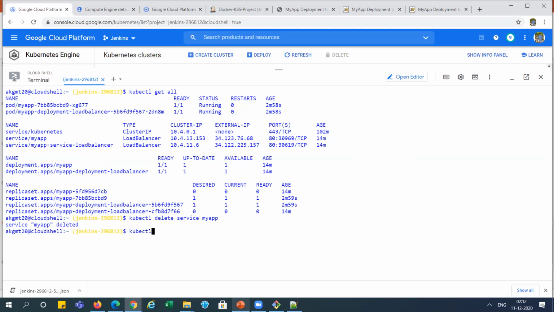Now I am deleting the second one, the service, right? Now it is deleting the service. Now we need to delete the deployment, my app. Let me delete it.